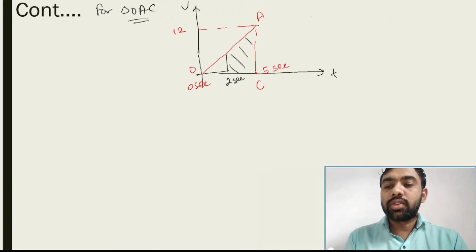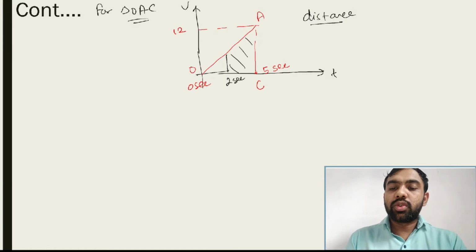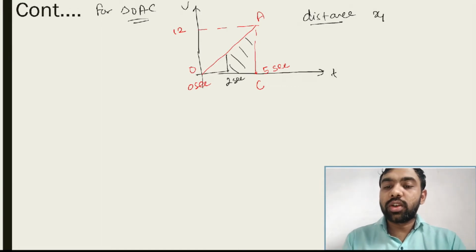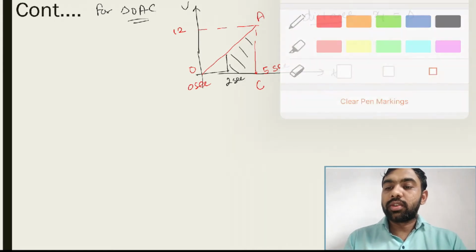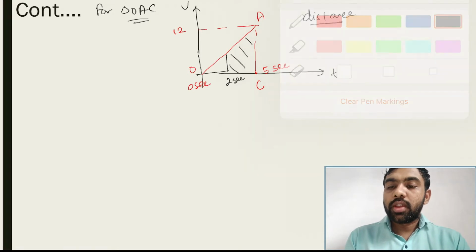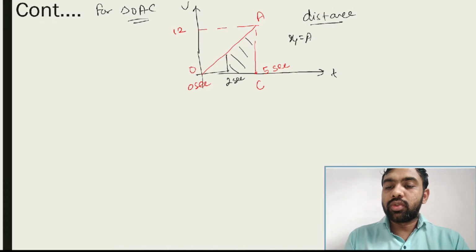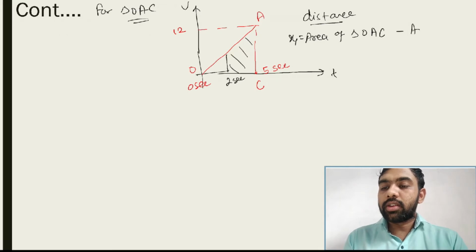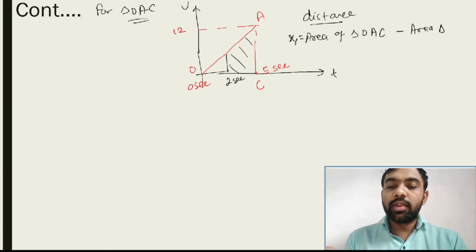So the distance from this point is considered as x1. So this distance is x1. So x1 is what? Area of a triangle. What is x1? You understand it properly, okay? x1 is equal to the area of triangle OAC minus the area of triangle O